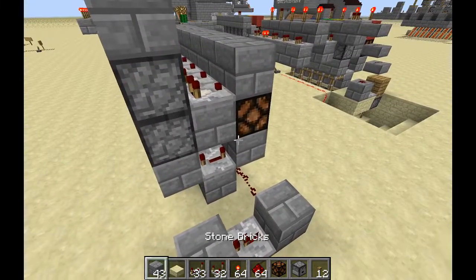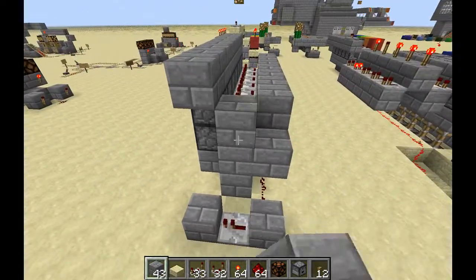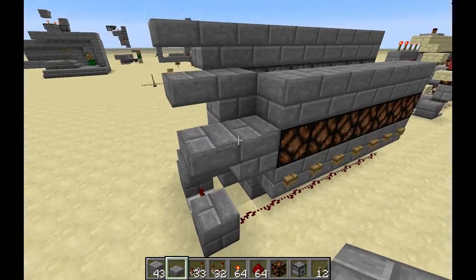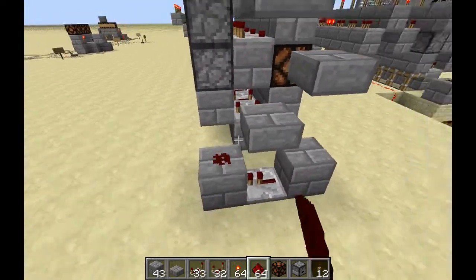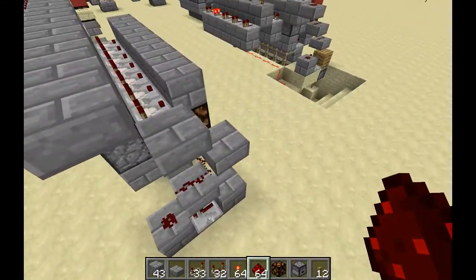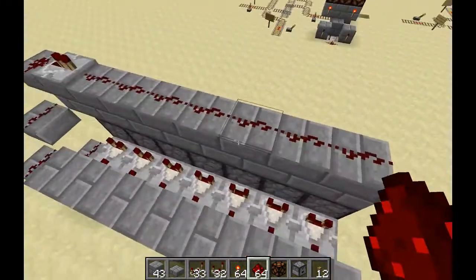So repeater there. And then let me just get the stone half slab, just keep the theme running. Half slab, half slab, half slab. Get rid of those. I think actually, depending on, well, definitely if this was, I always leave a gap. If this was right next to it, it would activate this first run, and that would be a problem. And then just put a repeater there. I don't think the size of this actually would need that in this case, but